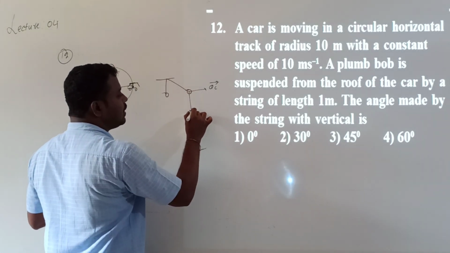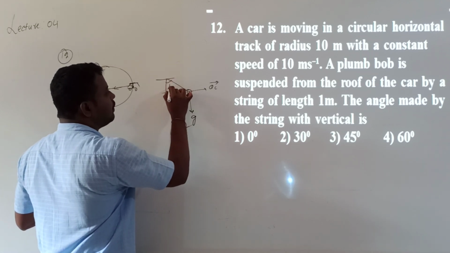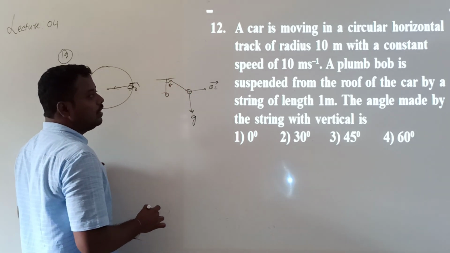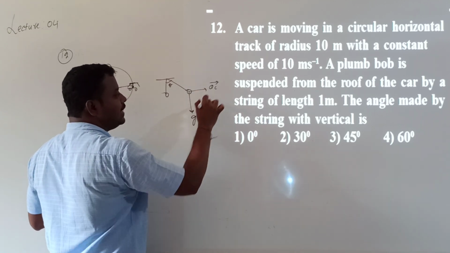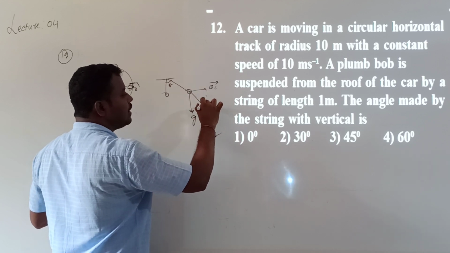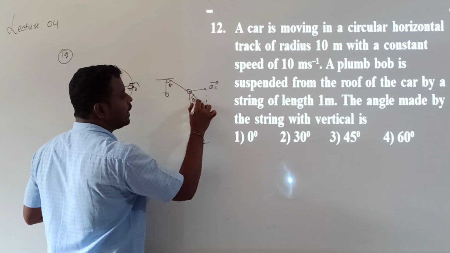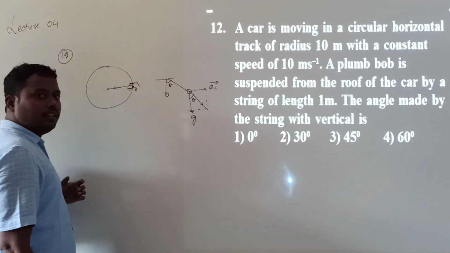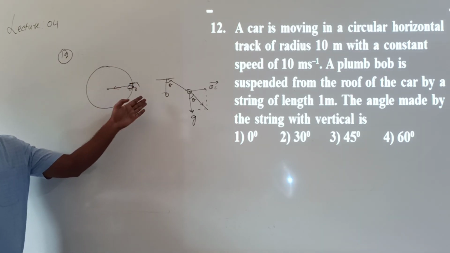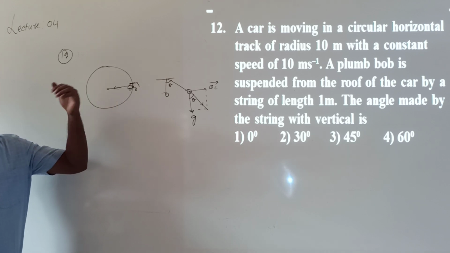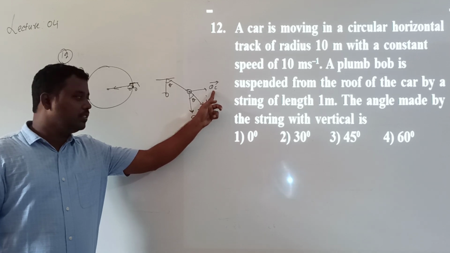Now at this point the acceleration due to gravity is given by g. Here the angle made by the string with the vertical, let me call theta. If I construct a parallelogram using the resultant of AC and g, the diagonal will represent the resultant. We want to calculate this angle made by the string with the vertical. Are you getting it? Whenever the car is taking a turn, the bob will be displaced because of the centrifugal force, with acceleration the same as the centripetal acceleration.